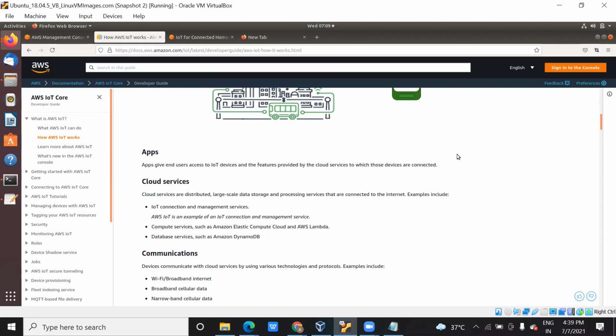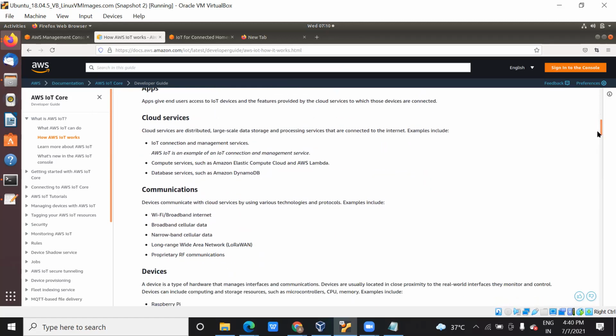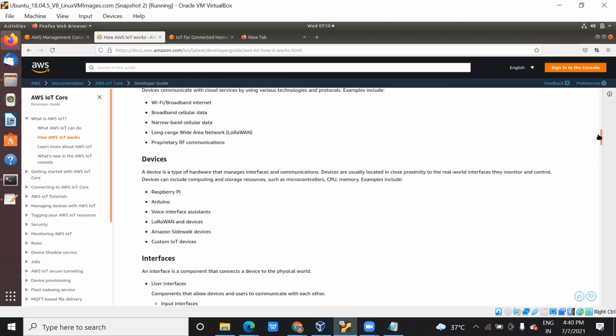So as I was saying, you need some internet protocols. You need some network connectivity. Obviously you need an internet connection to run this AWS cloud. This connectivity should be there so that you can save the data from the hardware device to the cloud. For this you need some hardware device. Right now we will not do any hardware installation. We will connect our local system with the AWS cloud. But if you want to do it for hardware, one of our team members will show you how you can connect the hardware devices.